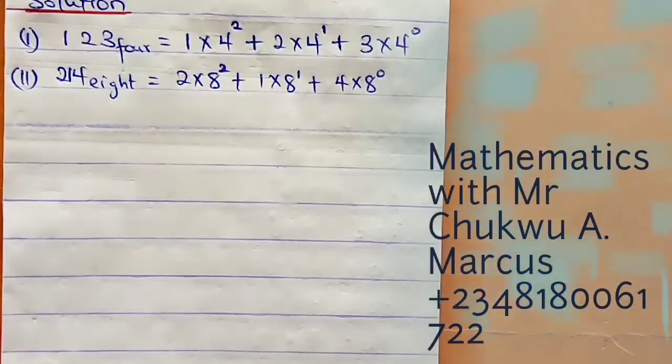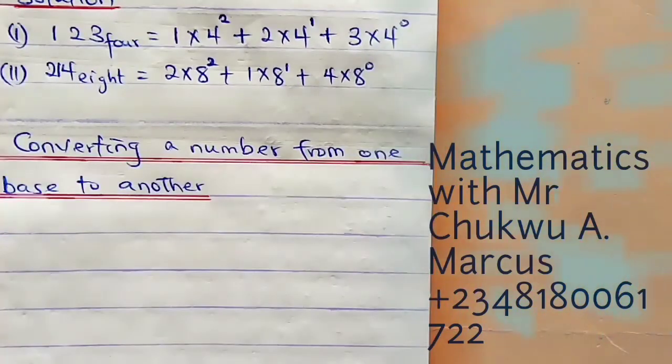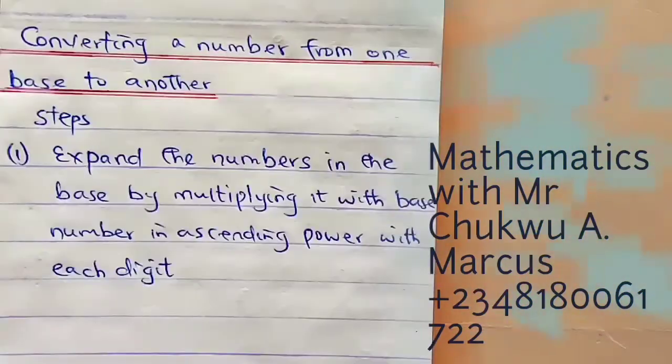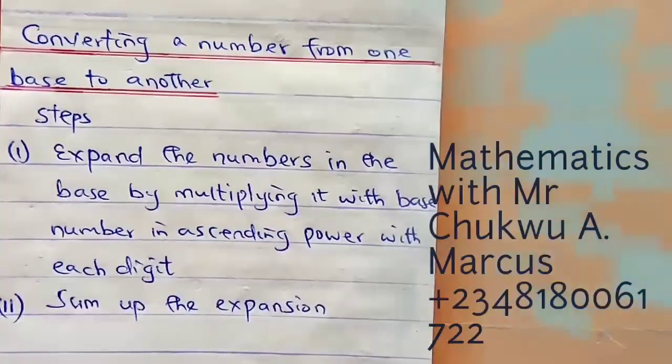It is done. Okay, now let's go properly on converting a number from one base to another. To convert a number from one base to another, follow the given steps. Don't forget this rule. Also, we have actually done this, and the only thing that we require now is just to do the summation. Then we have actually converted a number to another. Let's start with this simple example.